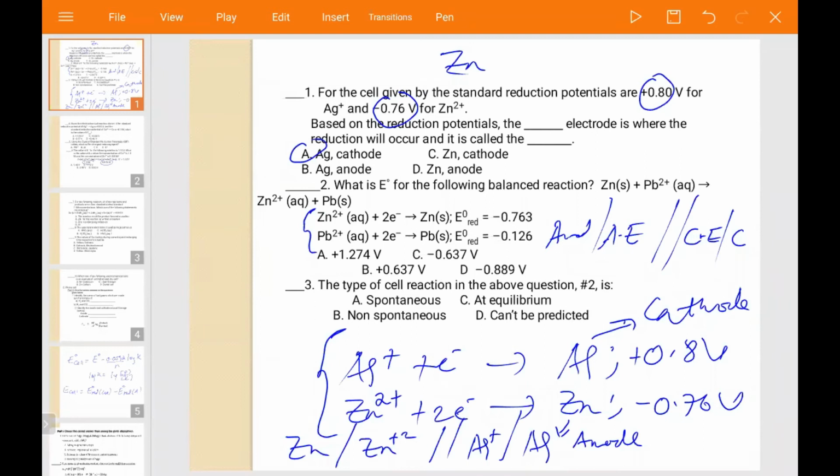So we have two ways: even if the equation is not given, we can identify by the value, and second, from the equation we can identify. So what do we do? The reduction potential at cathode minus that at anode. The reduction potential at cathode is negative 0.126, negative